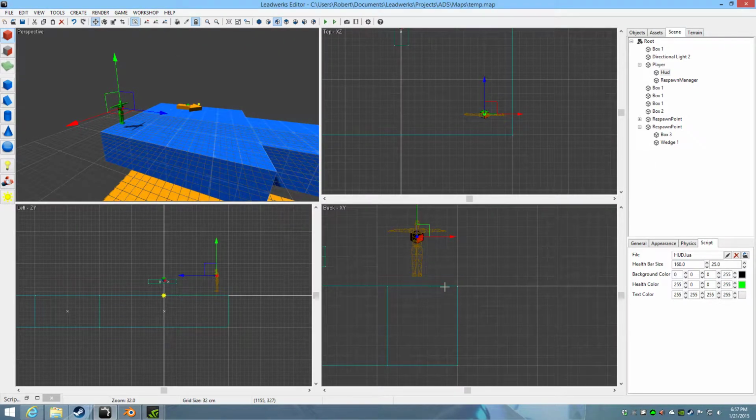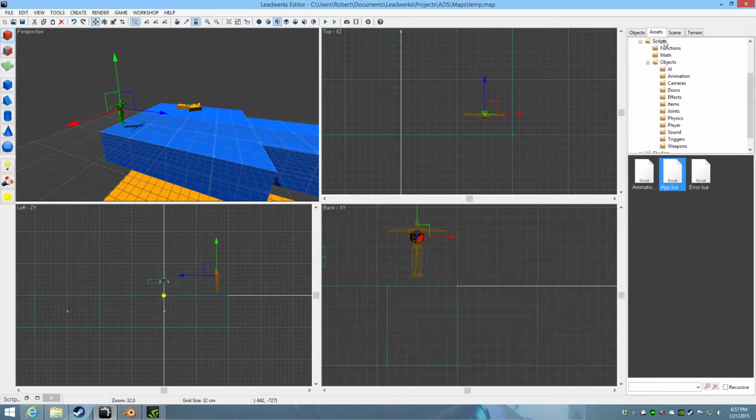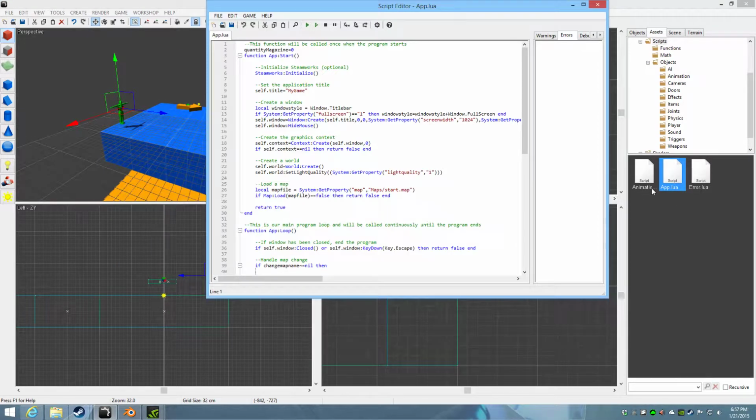Alright, so to make it post a kill counter, what we're going to do is actually make a kill count. This line here is from, if you're going to do magazine quantities, that's a different thing I can